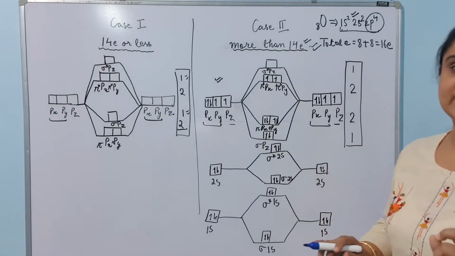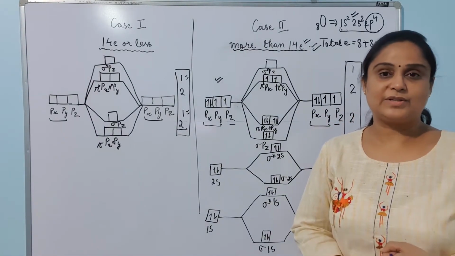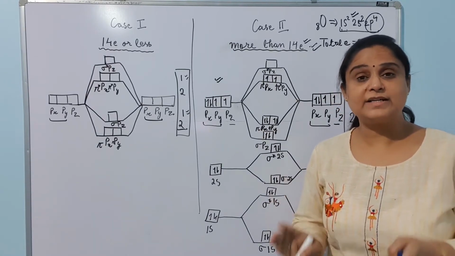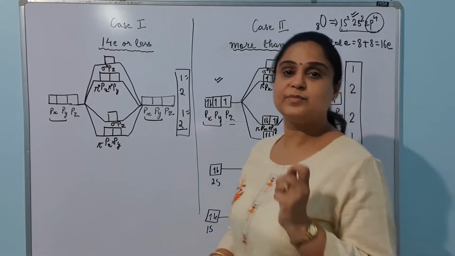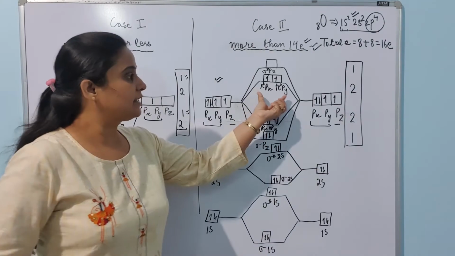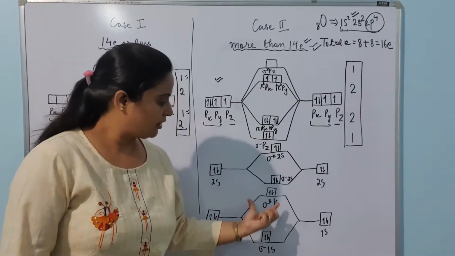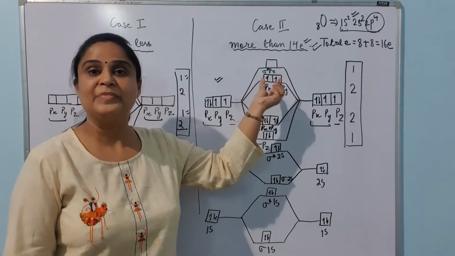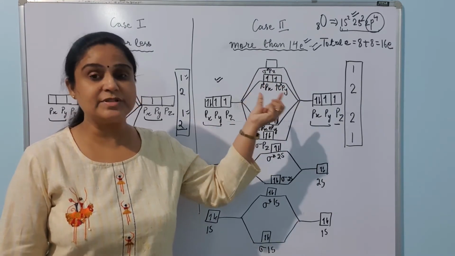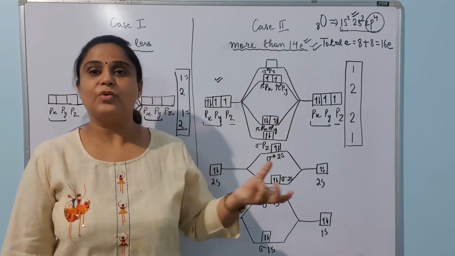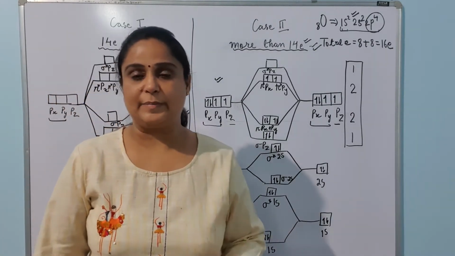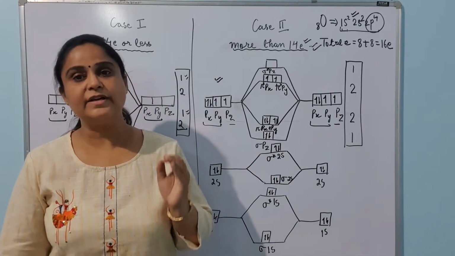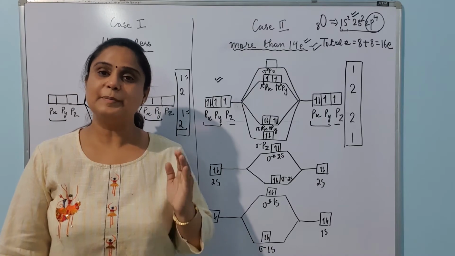Now what I have to discuss here is the magnetic character of oxygen. So how are you going to find out the magnetic character of any species by looking at its molecular orbital diagram? You just look at this molecular orbital diagram. What you can see here is that these orbitals are completely filled, all molecular orbitals we are filling completely, and these 2 orbitals which have only one electron in them, these electrons are not paired, and just because they are not paired, this oxygen shows paramagnetic character. So always remember, any species which has unpaired electrons in it shows paramagnetic behavior.